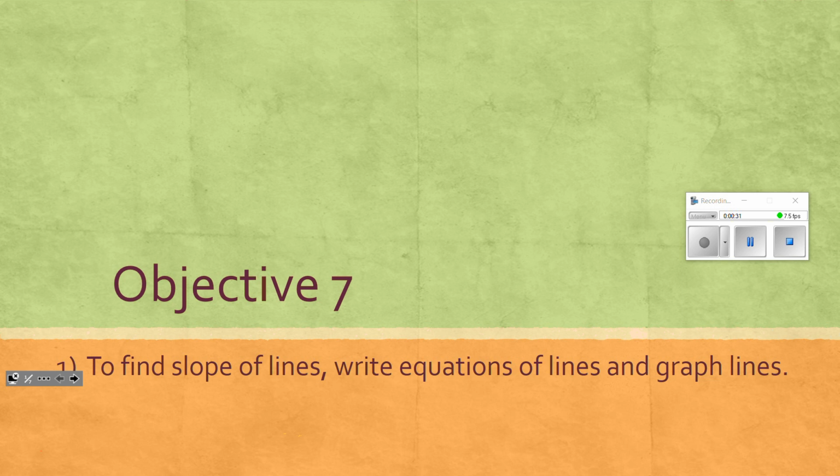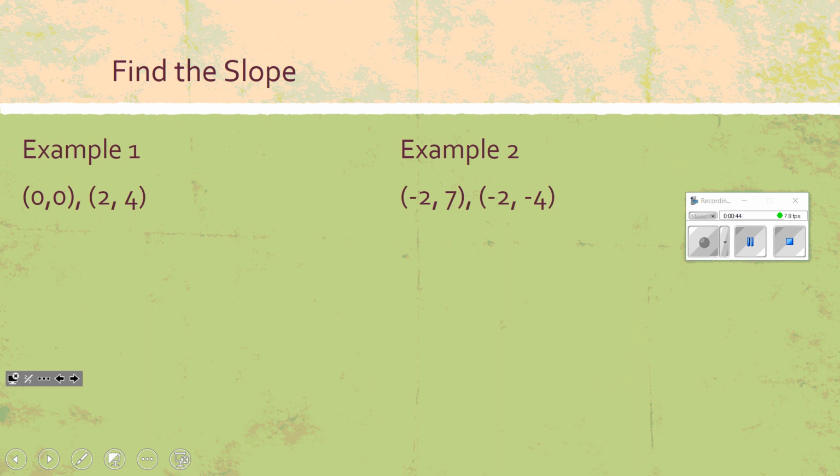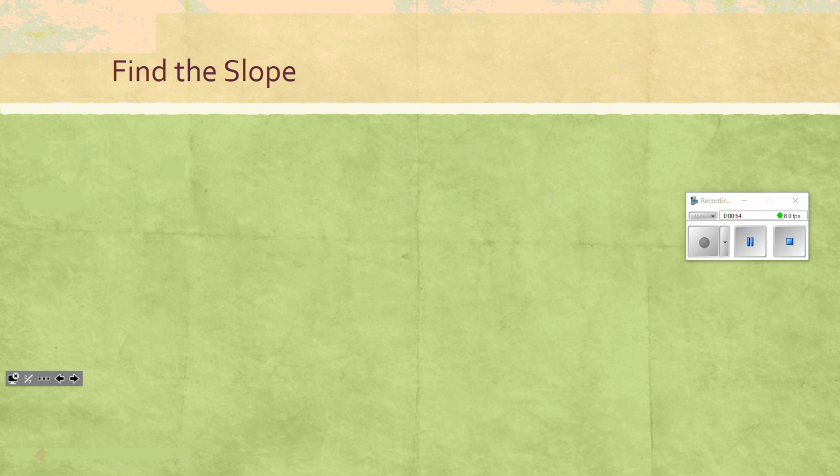So we're going to take a look at slopes of lines. We're going to look at writing equations of lines and graphing lines. So the first thing that we're going to do is find the slope from 2 points. So let me just refresh your memory that there is a formula for this, and the formula says that